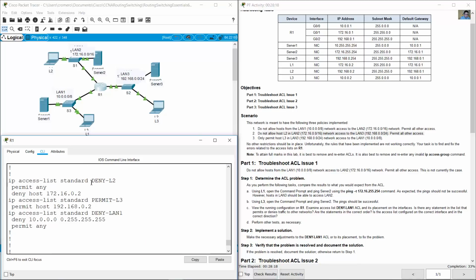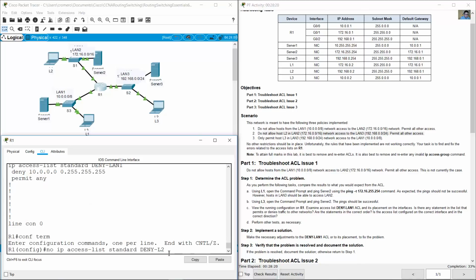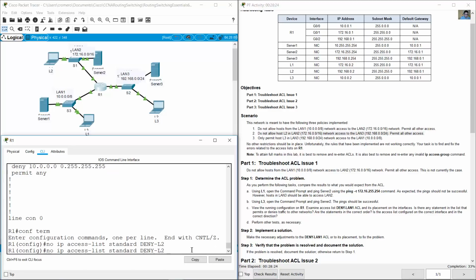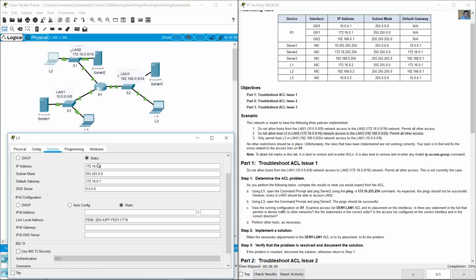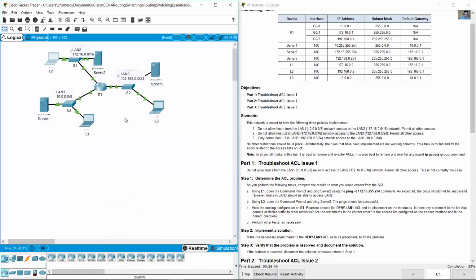Okay, use this name, okay, case sensitive, remove, and create again: IP access list standard deny L2. Deny the host, this IP, okay, L2,